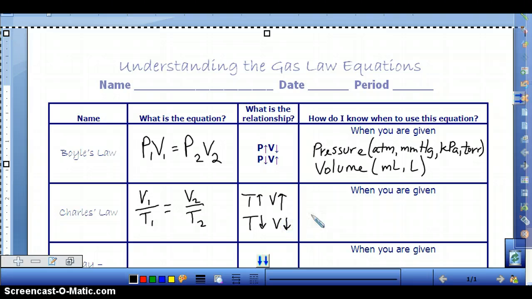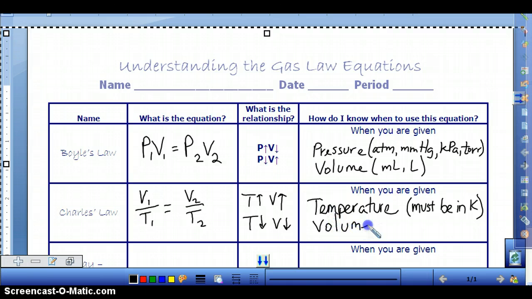And so you would use Charles' law when you're given temperature. Temperature is usually given in Fahrenheit or Celsius, but for Charles' law, you have to have your units in Kelvin. So I'm going to write K for Kelvin, but it could be Celsius or Fahrenheit, and you just have to change it first. There's actually an equation for that at the bottom of this worksheet. And then same for volume as Boyle's law, it's usually in milliliters or liters. So there's your first two laws. We'll go down here to